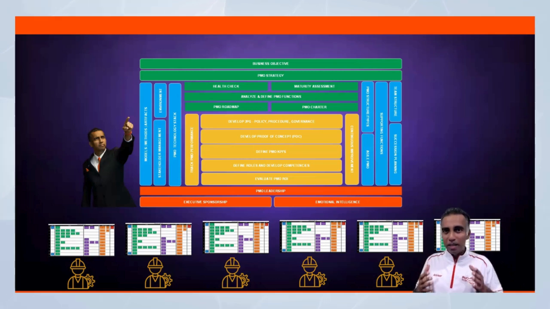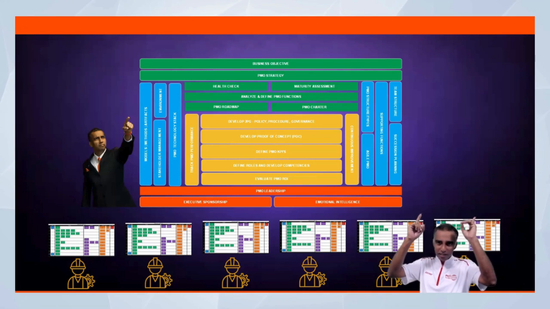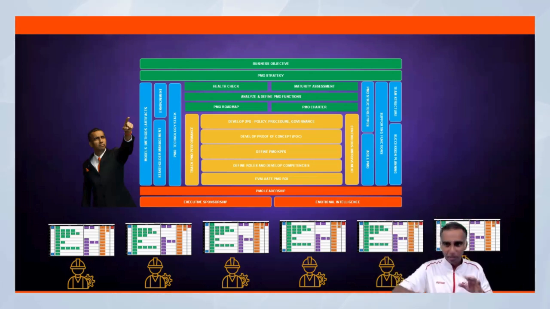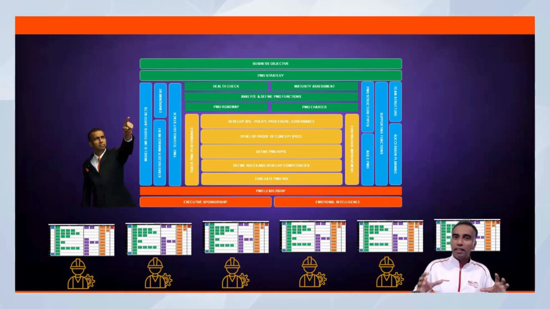But you as the PMO head or PMO team, you got to focus on these 26 processes. You see the difference? Get yourself certified and be a competent PMO, not just a master of project management process,